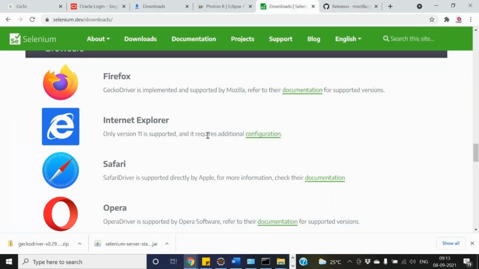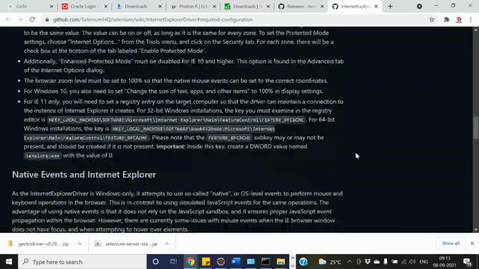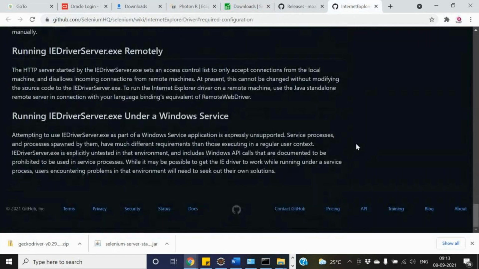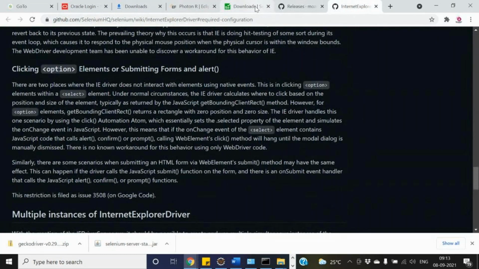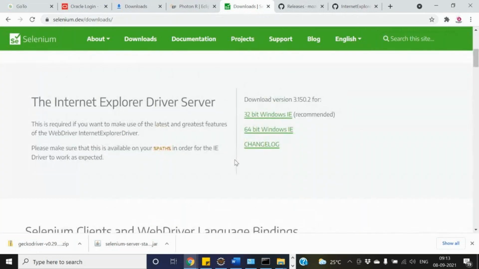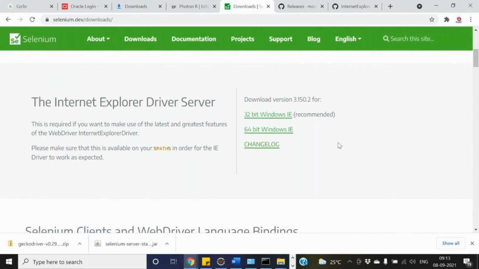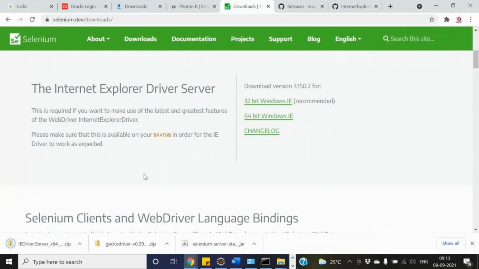Yeah. So I'll go ahead and check in the configuration if I get something. It's not there. What I can do is, if you just scroll up, you'll be able to get it over here. So the Internet Explorer driver server, isn't it? It's been given over here, isn't it? So download the version. Whether you are having IE 32 or 64, again 64-bit operating system, go ahead and download this, the IE driver, isn't it? So I got the IE driver as well.